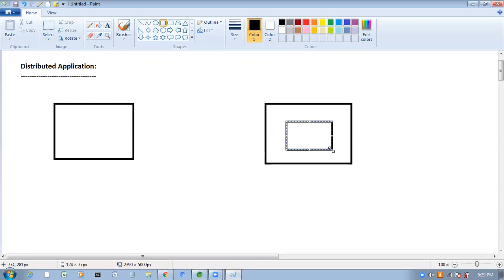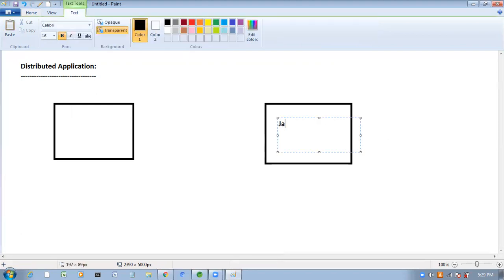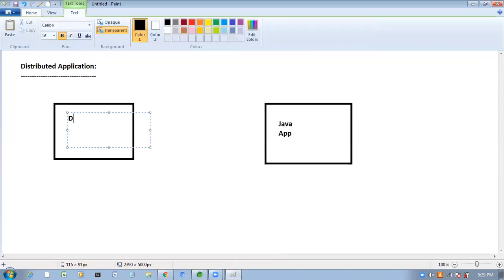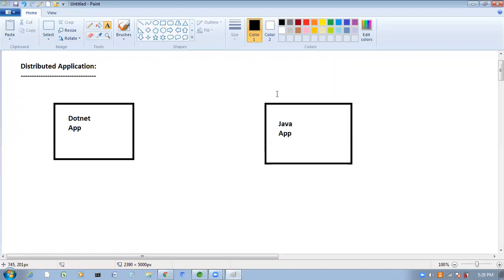This application 1 is developed by using Java technology. This is a Java application. And this one is a .NET application.